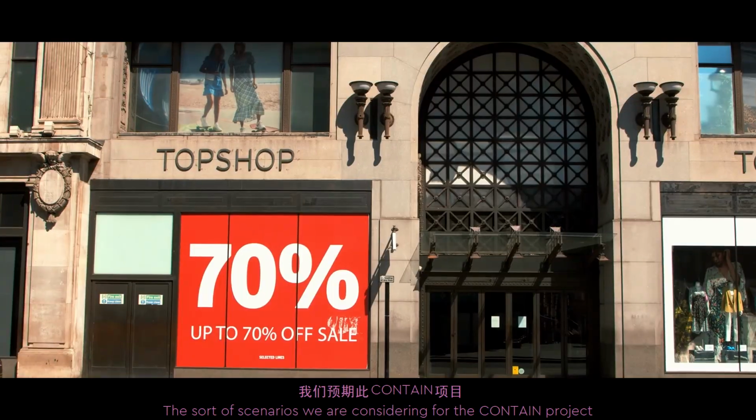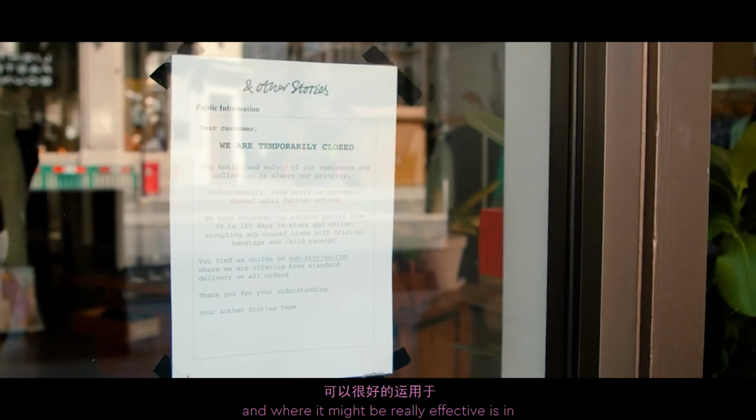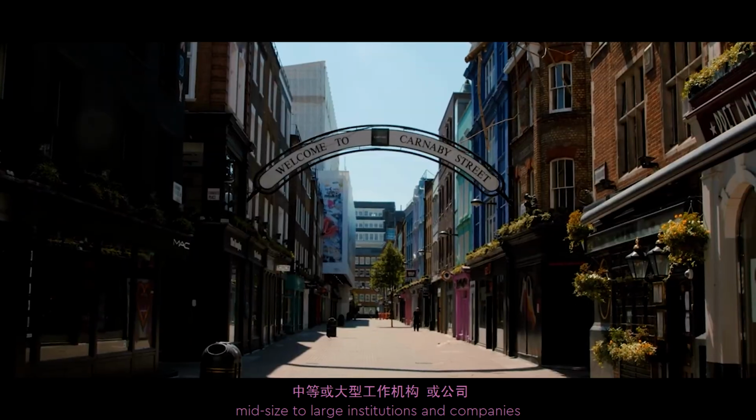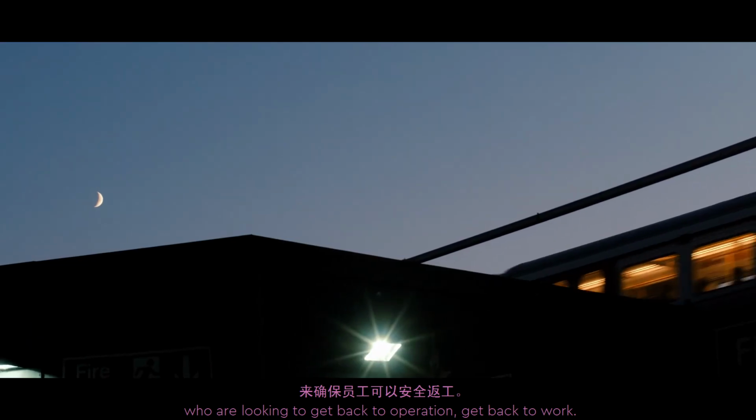The sort of scenarios that we're considering for the Contain project and where it might be really effective is in sort of mid-sized to large institutions and companies who are looking to kind of get back to operation, get back to work,